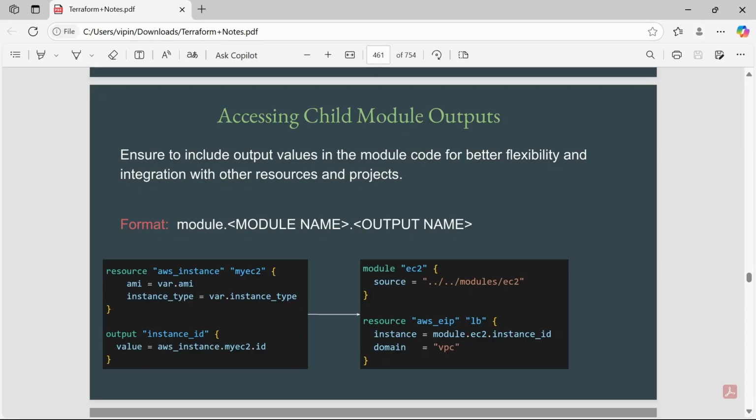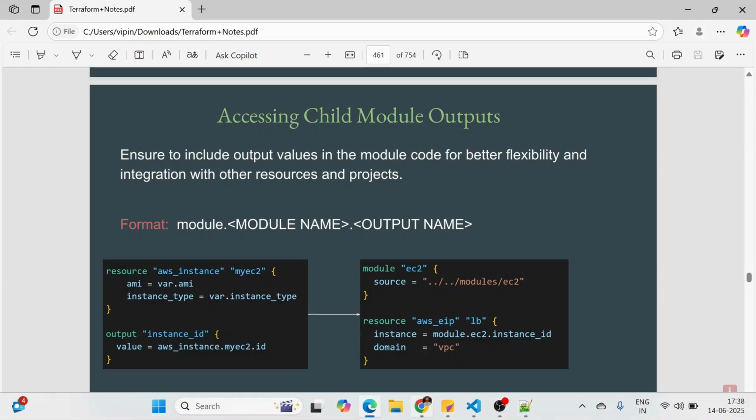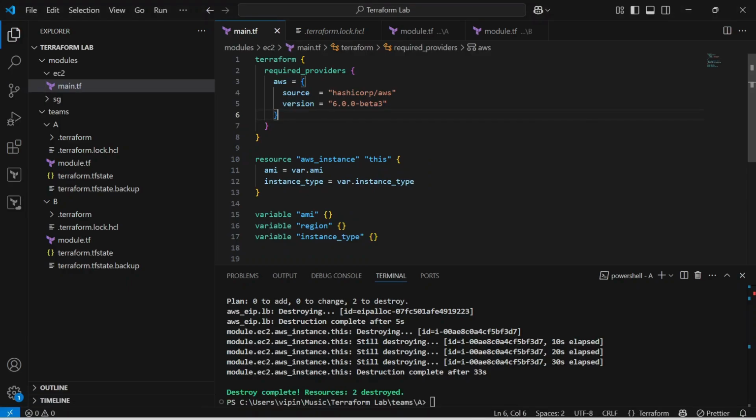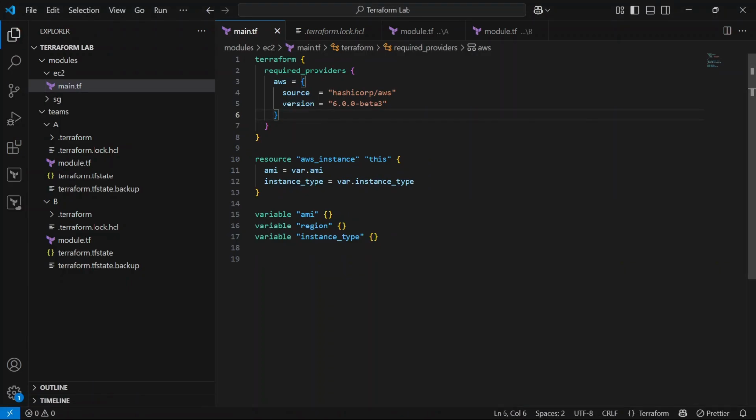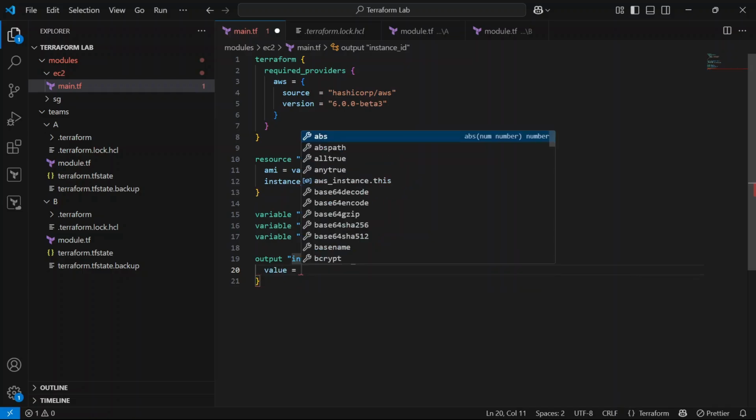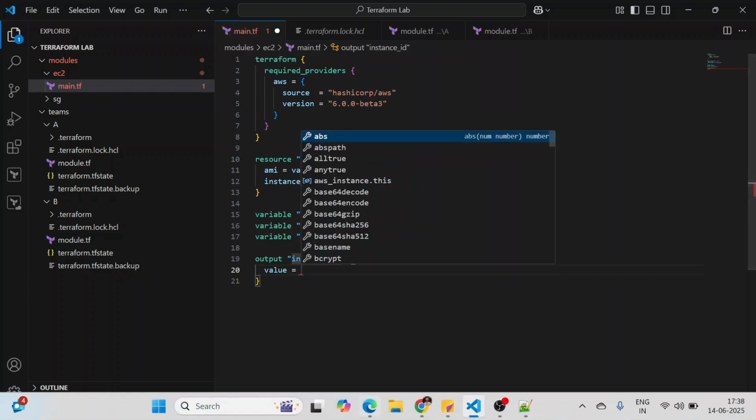So let's go ahead and see it practically. Let me jump to VS Code, and I am going to define the output value for this EC2 instance. Let me write the output, name instance_id, and define the value.